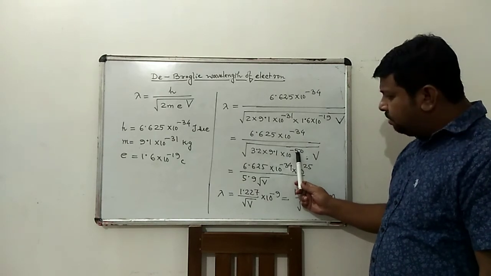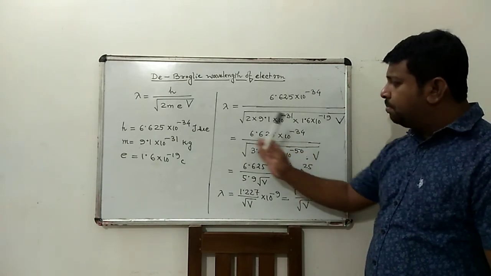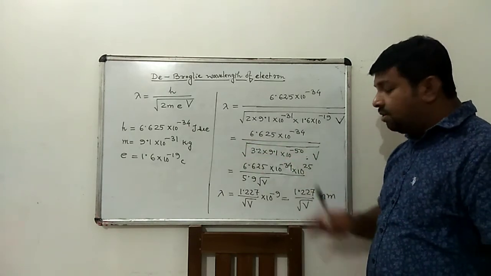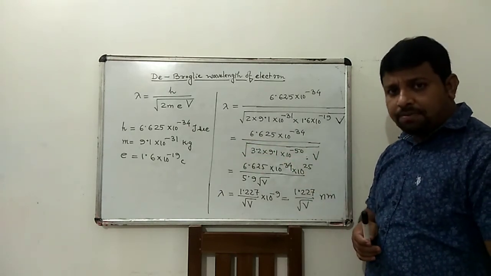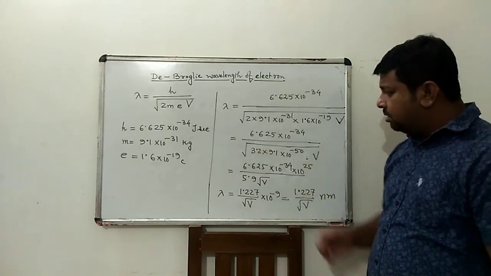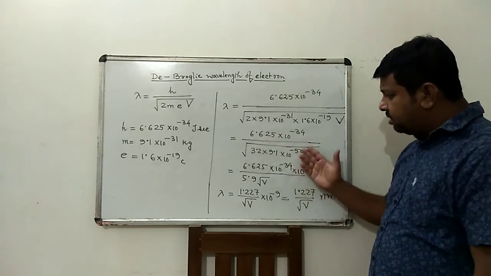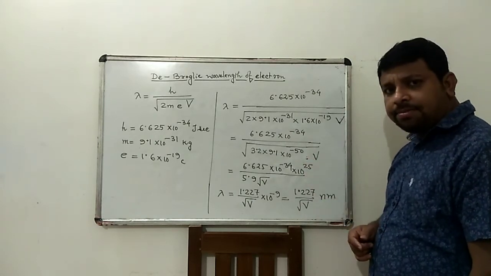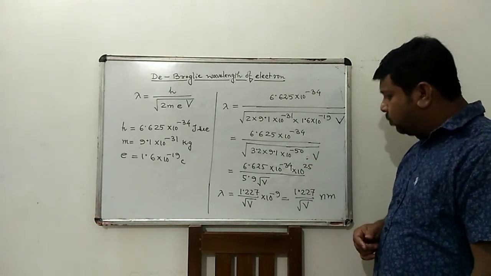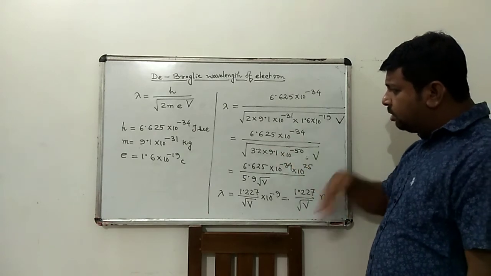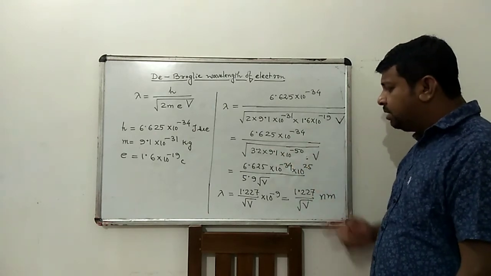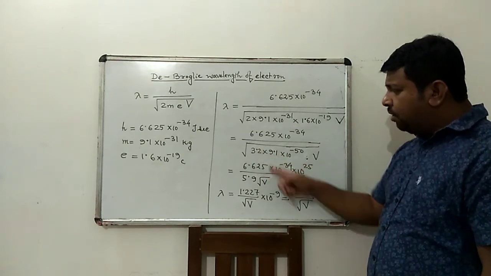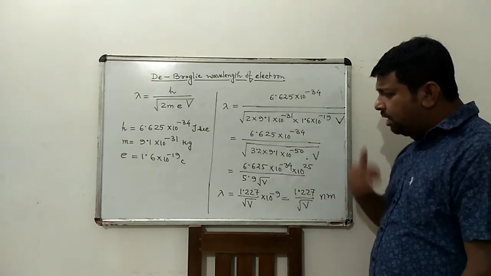Okay, so if we take the square root of 10 to the minus 50, it becomes half of the exponent, that is 10 to the minus 25. It means it is considered outside the square root, then we get 10 to the power minus 25, divided by 2. Then if we take the minus 25 to the top, it will be plus 25. So we get 10 to the power 25. And this 3.2 into 9.1, here the result